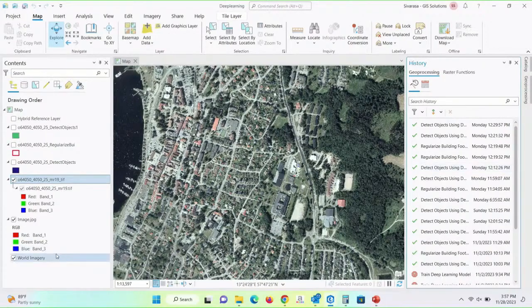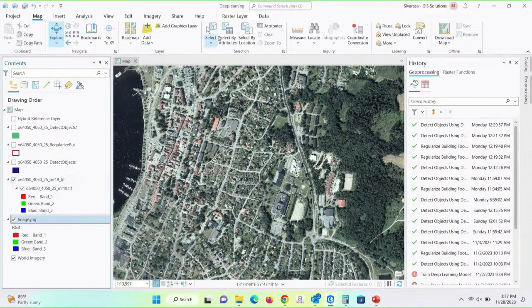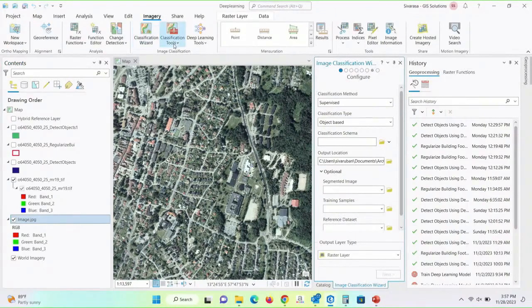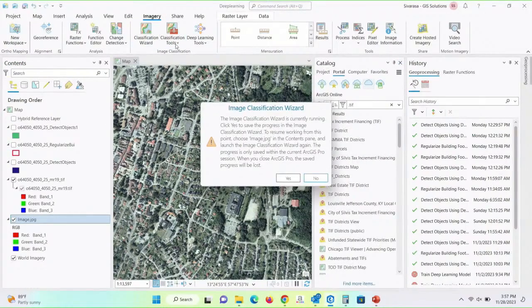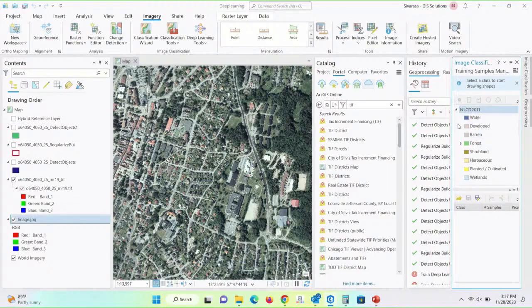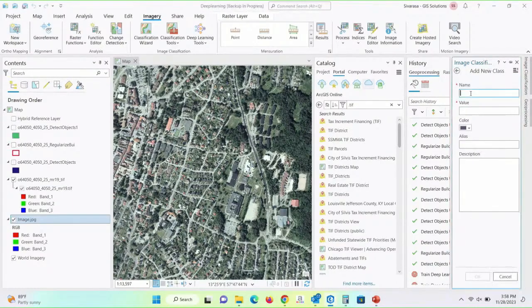Here you can see the tools to create these training samples. You can just name it, like building or agriculture area, give a value, then click OK.